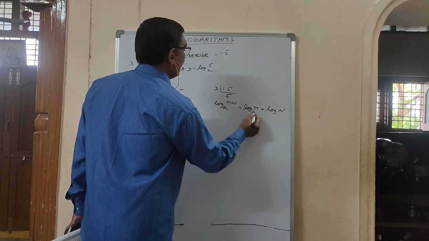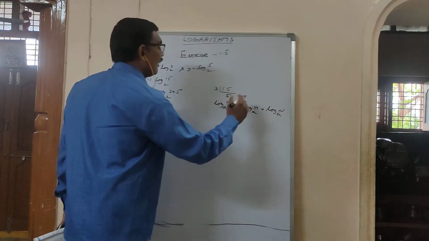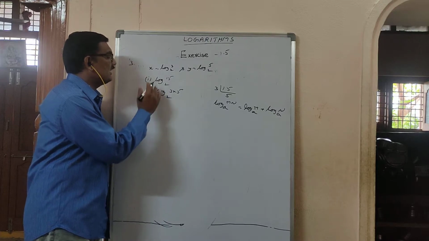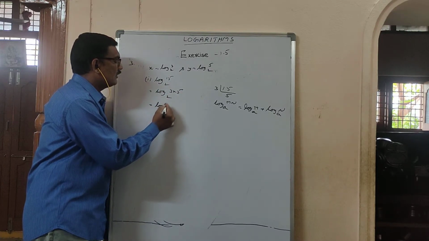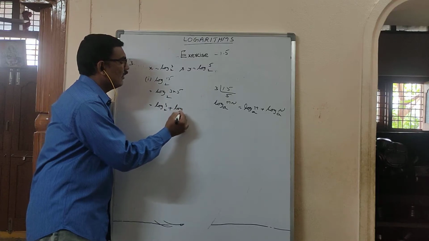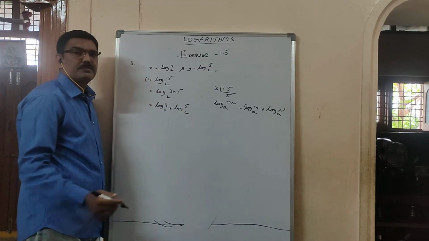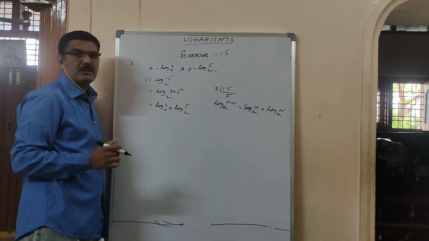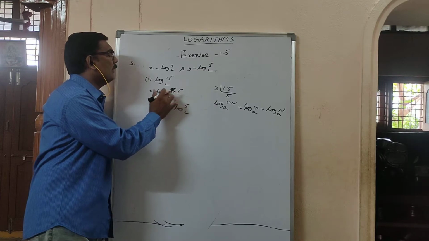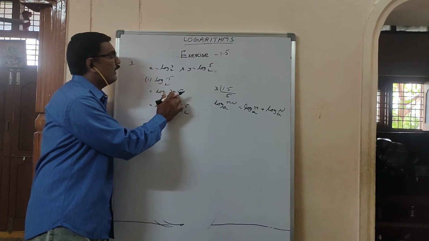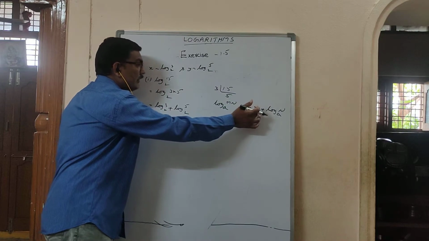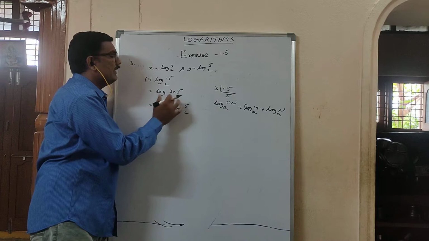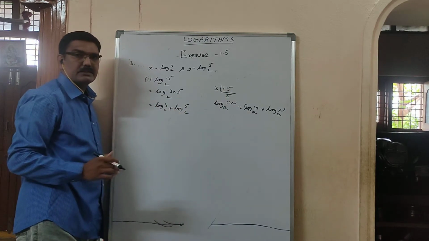Here base a is there. Here also, for both logarithms you will have the same base. Here you have base 2. So the expansion, log 3 base 2 plus log 5 base 2, will come. How you got this means you applied this formula, log m into n. In place of m you have 3, in place of n you have 5. In the RHS, in place of m you substituted 3, in place of n you substituted 5. Here base is 2, we wrote like this.